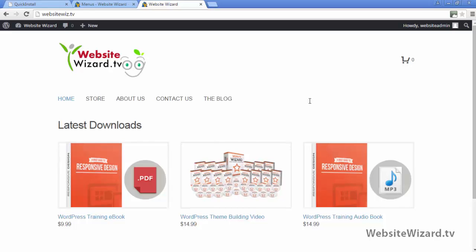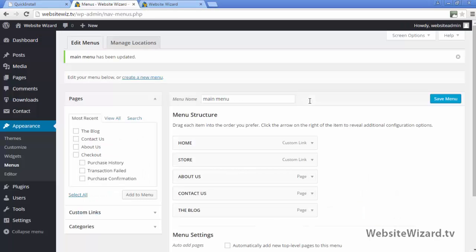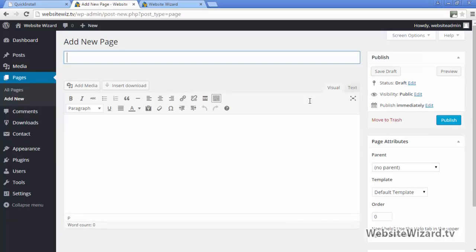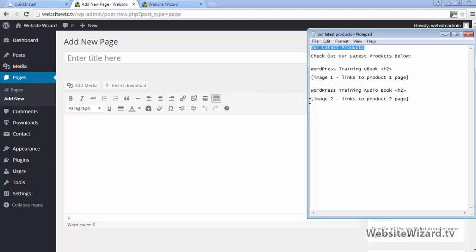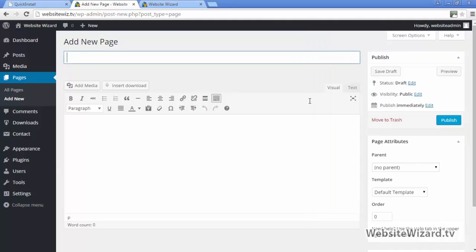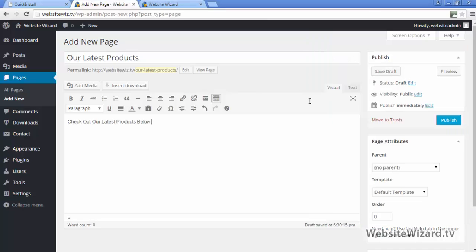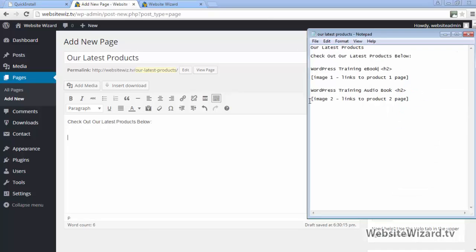So to do that, let's go ahead and create another page. So head up to our WordPress dashboard, hover over pages and click add new. And I've got the content for this pre-written in a notepad file, so I'll just grab that now. So for the page title here, I'm going to call this our latest products, and then I'm just going to grab this text right here which says check out our latest products below,